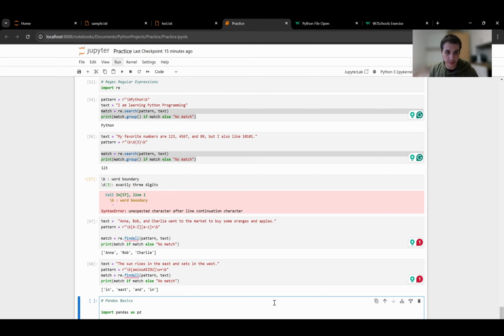In this case, we created a data frame using pandas pd, and we want to print it, and we will